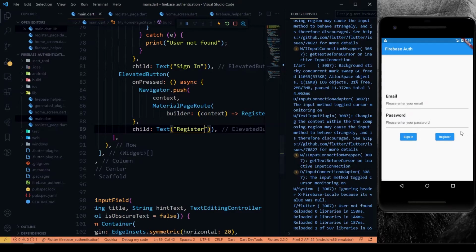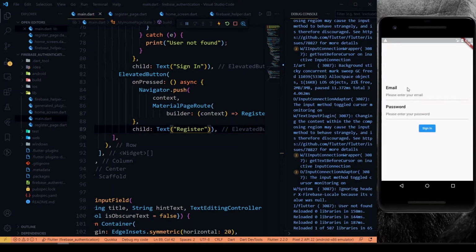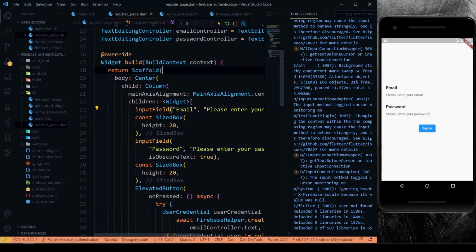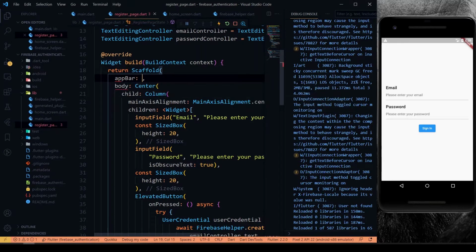Okay, now we'll just click the register button. So it's going inside this. We'll give an app bar to our register screen here, then only it looks nice.